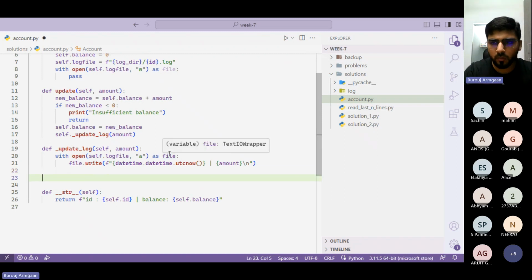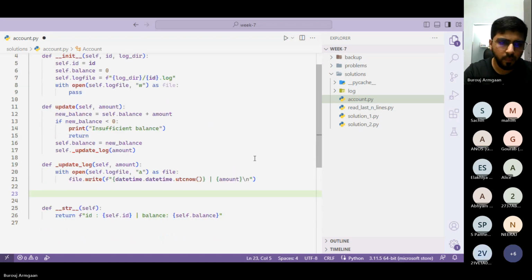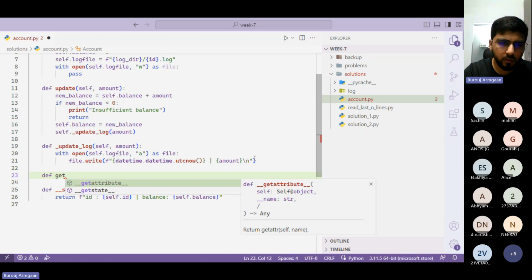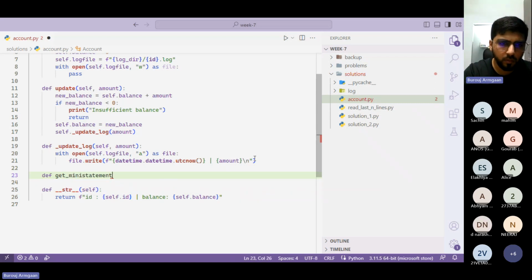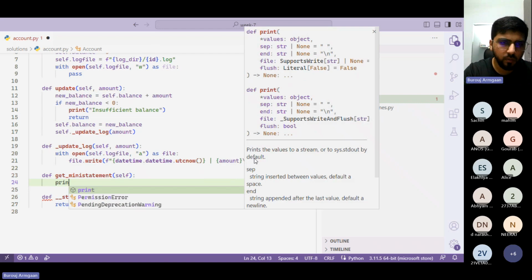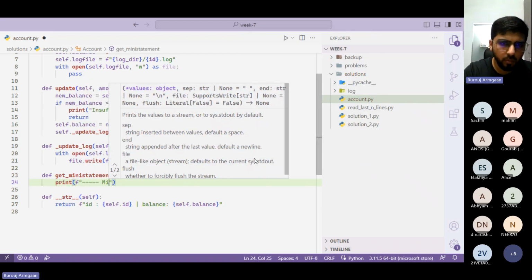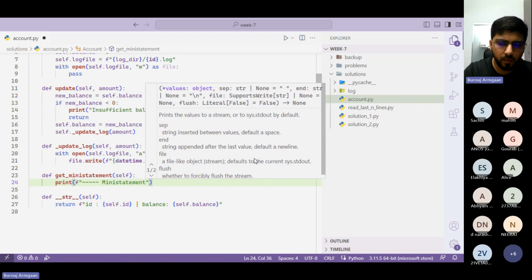Can anyone confirm? Yes, we can see the screen. Okay, so we have get mini statement. And what do we take? We only take self. So what do we say? Let's say just print 1, 2, 3, 4, 5 mini statement